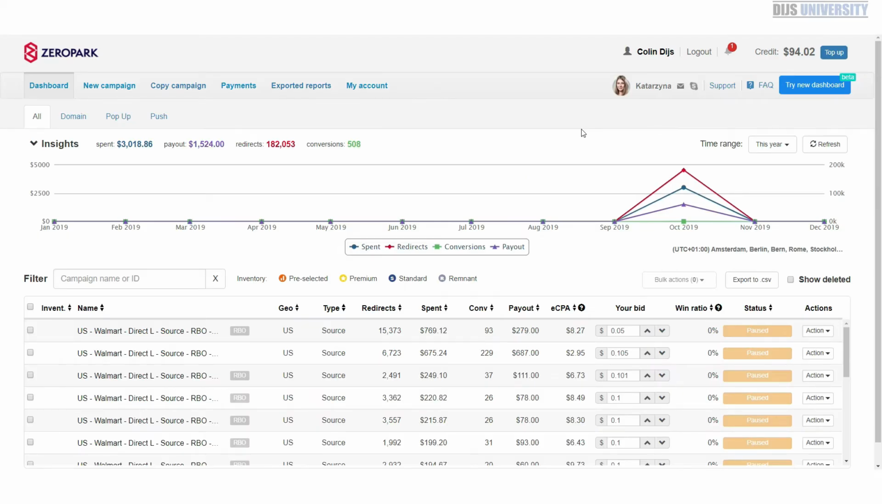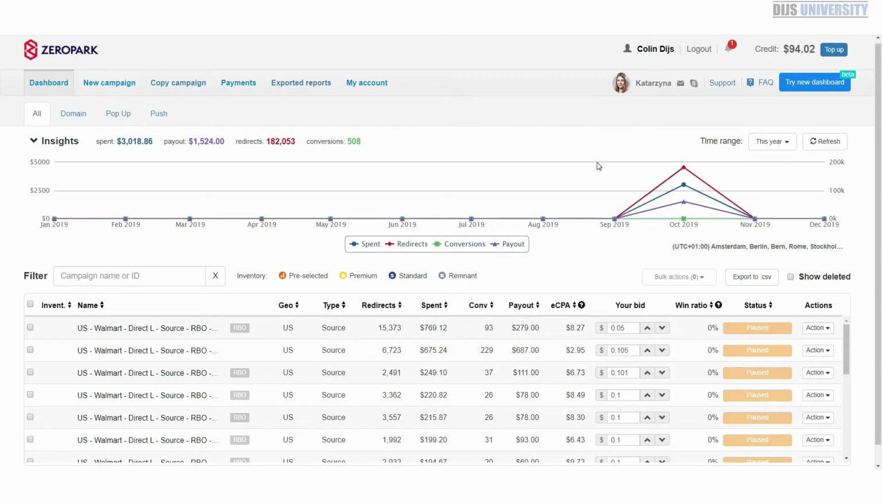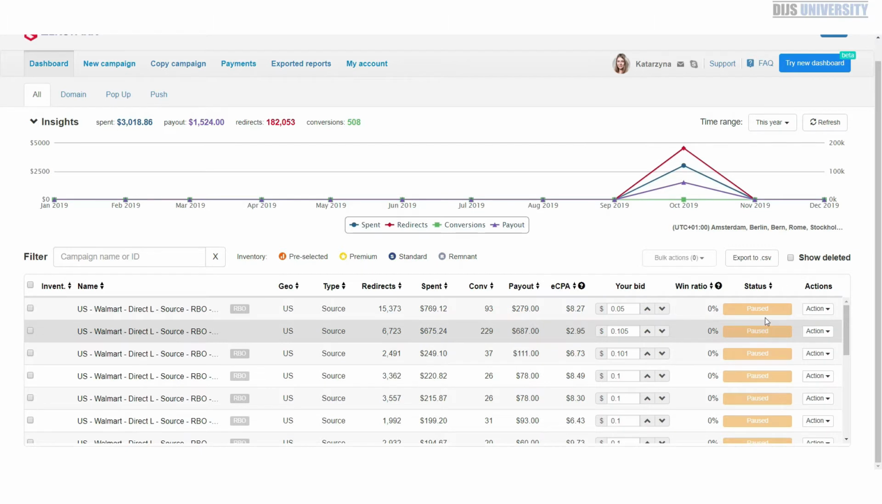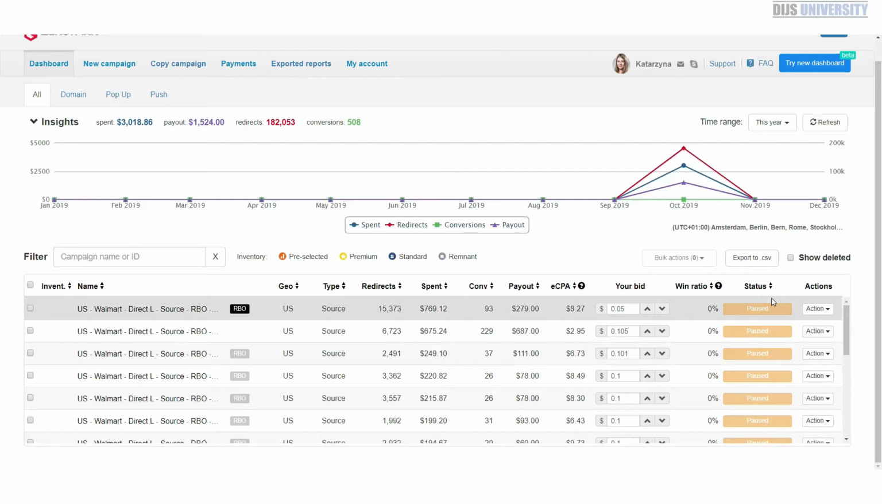What's fascinating about Zeropark is their intuitive user interface, which is easy to read. And what's more important is the status area. So we're going to go through the list of campaign statuses in an effort to help you process your campaigns faster. That way you can have a better user experience and quicker access to reporting